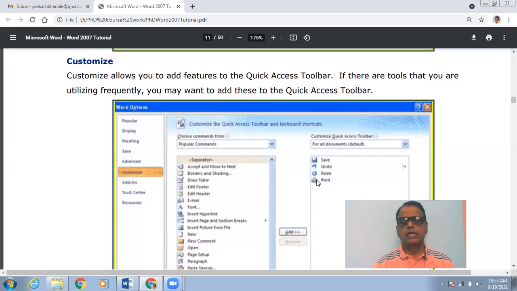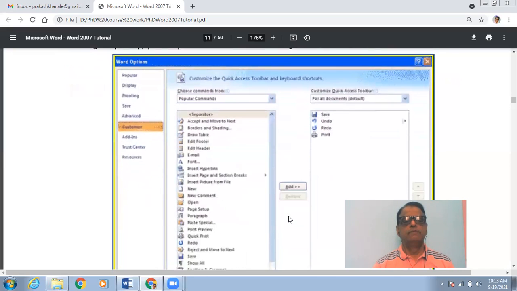So whenever we want to save, we simply click on the save button present there. But if you want to add something more, for example a macro, then you can always use this menu and add some more commands or features in the quick access toolbar.